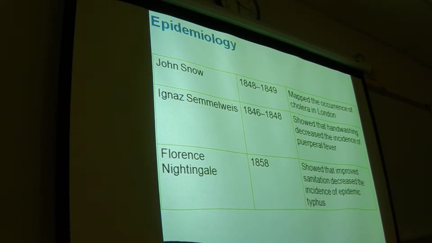Okay, so here are some famous epidemiology studies from the past. In the mid-1800s, John Snow was the first one to notice that the occurrence of cholera in London was following some kind of pattern that he thought he could decipher. He actually mapped the occurrence physically on a map, drew out where there were pockets of people that were getting it versus pockets of people that were not getting it.